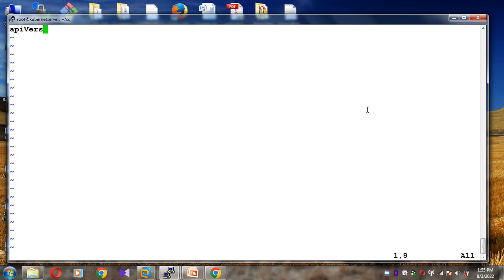API version v1, kind PersistentVolume, metadata, name is nfs, spec,